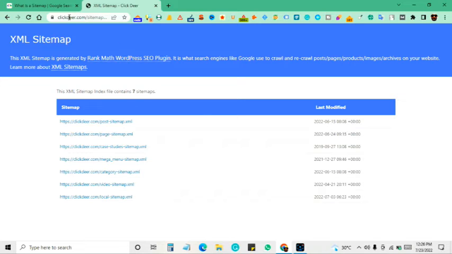So if you want to find the sitemap of your website, you simply need to put /sitemap_index.xml after your website address. In my case, my agency website XML sitemap looks like this. As you can see, this XML sitemap index file contains 7 more sitemaps, right? Which is the post, page, the case studies, mega menus, category, video, local